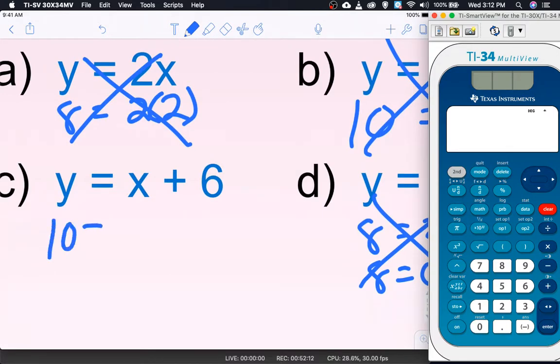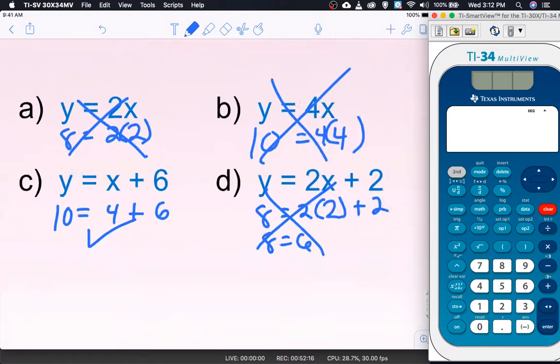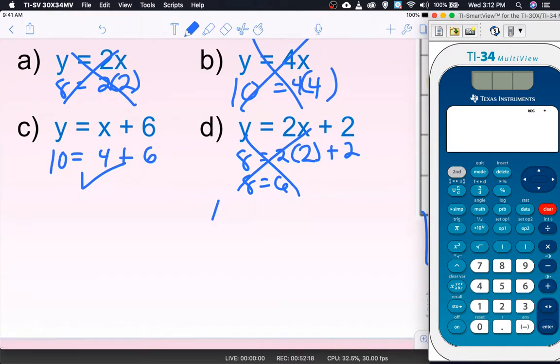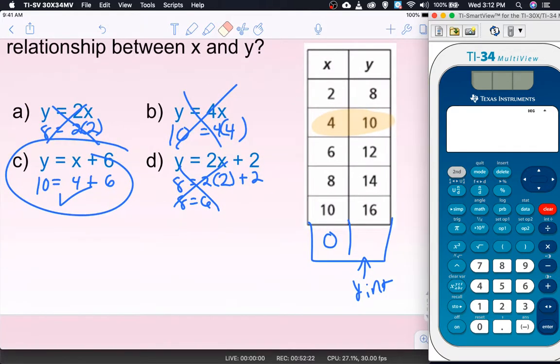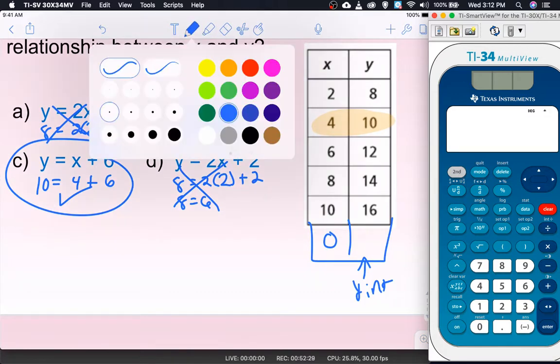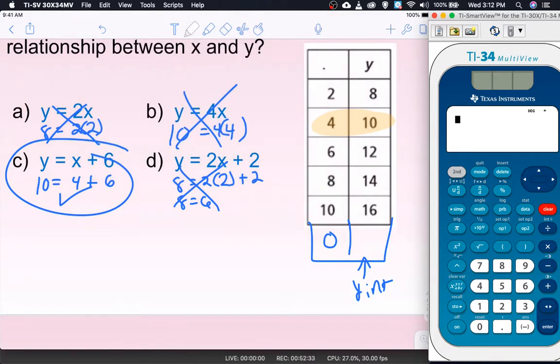Is 10 equal to 4 plus 6? Yes. And I've eliminated all the other choices. This one was the right one. Now, you also could have used the y-intercept thing if you were a little bit, tricky's the wrong word, crafty,